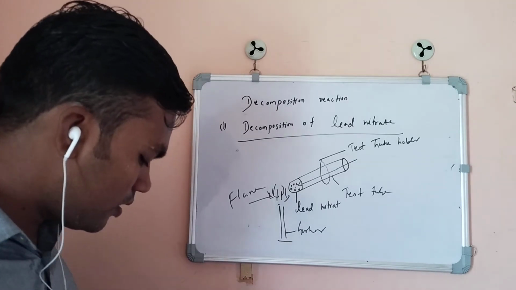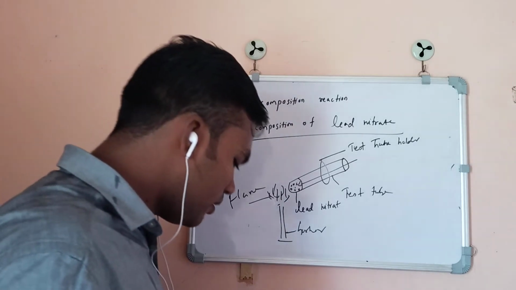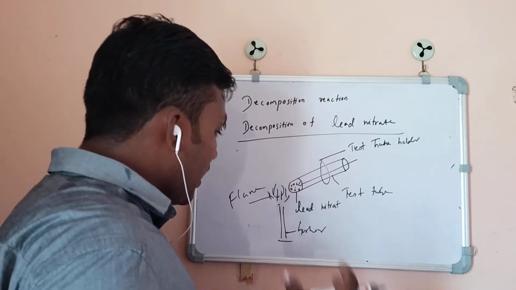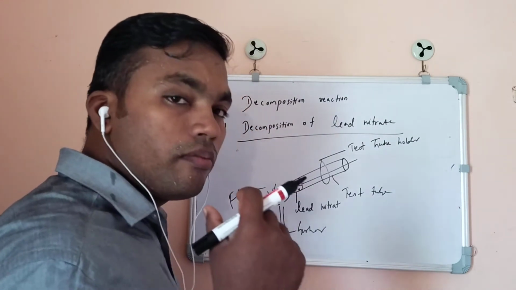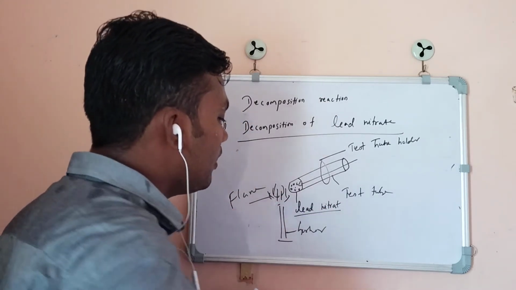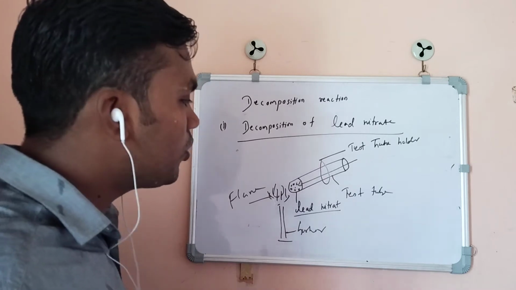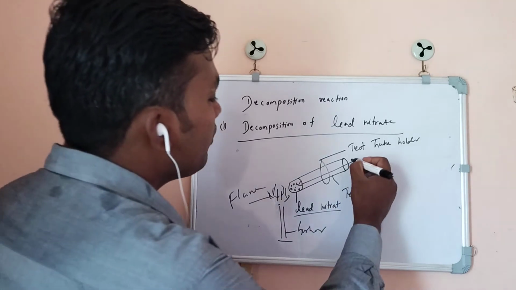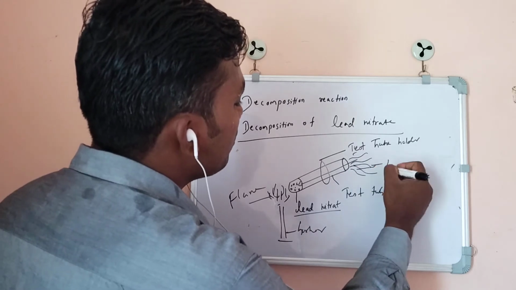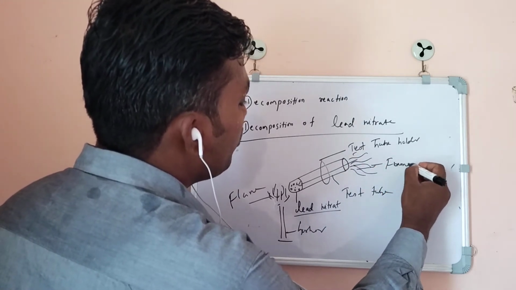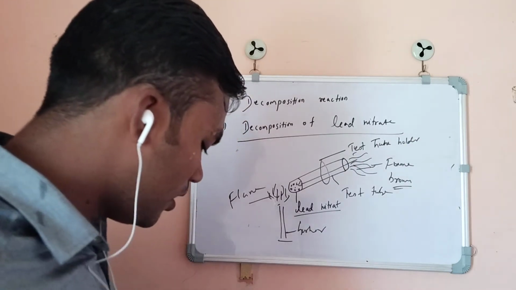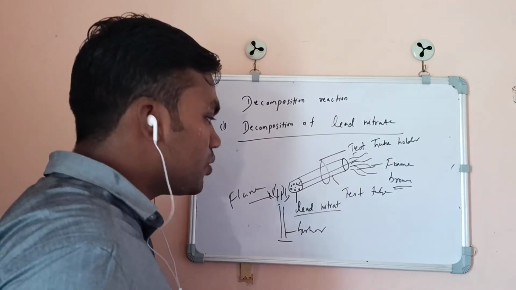Here you will see the emission of brown fumes. While you are heating this lead nitrate over the flame, you can see the fumes coming out of this test tube. These are brown color fumes. This is decomposition of lead nitrate to give